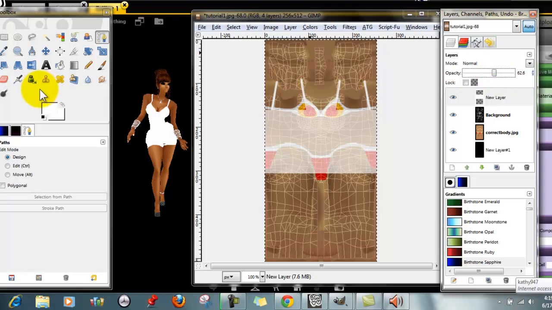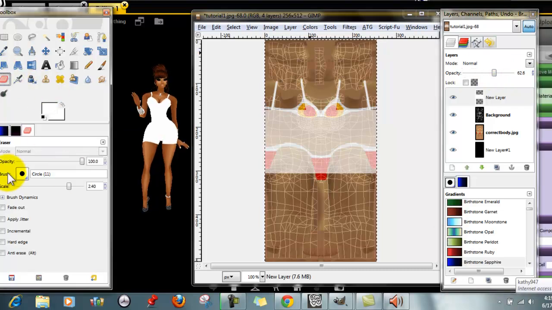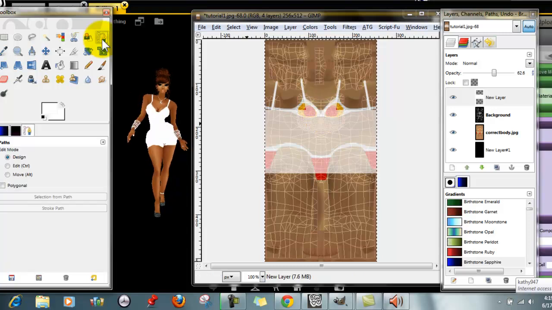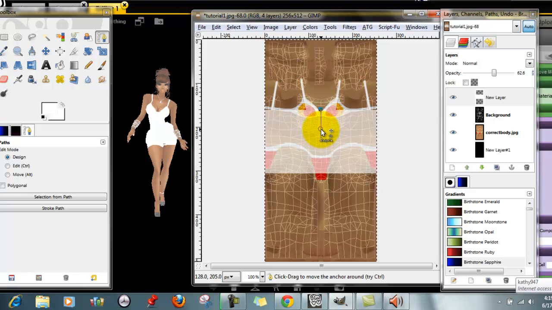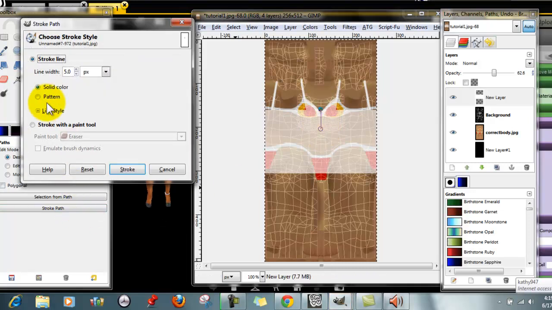The thing about the eraser part of the stroke tool, you have to make sure that the width of your circle is where you want it, because you're not able to adjust it there. So we'll leave it just like that. You make your dots as you would if you were making a line, and you hit stroke path. You go with stroke with a paint tool and the eraser. Again, you're not able to edit it, so make sure that the eraser part here is the size where you want it, and hit stroke